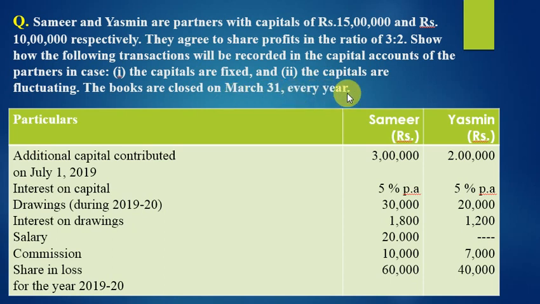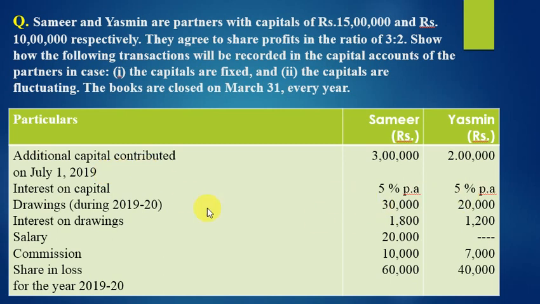A very simple narration in the question. Most of the things have been given here, which is a part of a question in a tabular form. Generally, it will not be in a table form, it will be in a paragraph. But because we are doing the capital account first question, I thought of taking it this way. This is also given in your book. Here are two partners individually with their columns. The question has already told you that they started the business with capital of 15 lakh and 10 lakh respectively. That is also your question. And here comes their additional capital introduced on July 1, 2019. So that is the opening capital, 15 lakh and 10 lakh. This is additional capital, then interest on capital at the rate of 5% per annum.